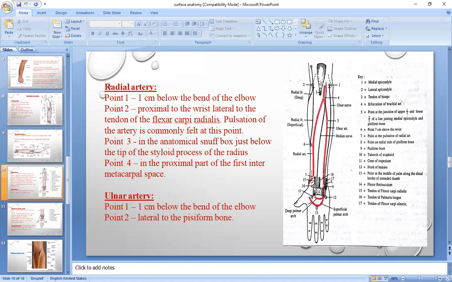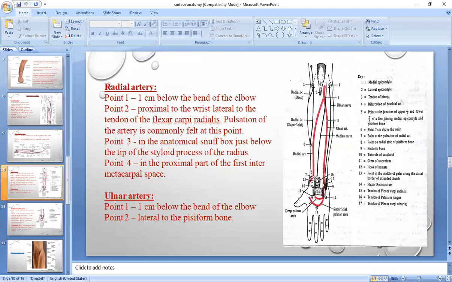Again, you should flex your wrist against resistance, right? Then you can appreciate these 2 tendons. The 2 tendons are palmaris longus, and the lateral one is the flexor carpi radialis. So just place a second point lateral to this flexor carpi radialis tendon. Okay, so that is the second point. If you join these 2 points by a curved line,